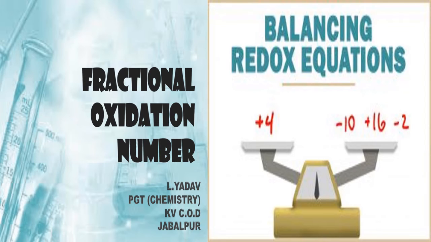Normally ON will be a whole number: -1, -2, +1, +3, +2 or 0. We have not seen until now oxidation number in a fraction like 1/2 or 3/4. See, how do they get the -1 or +1? It depends upon whether they lose or gain. If a particular element has lost 1 electron, it is given as +1. If it has accepted 1 electron, it is given as -1. So +1 and -1 indicate what? Donation or acceptance of electron.